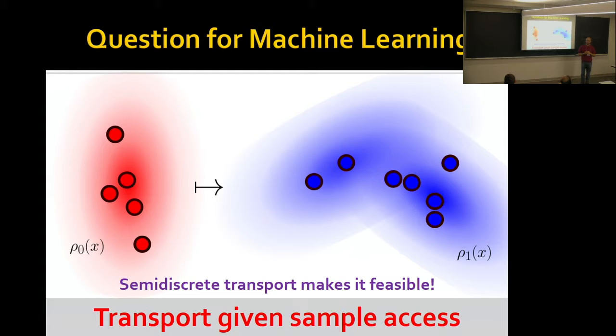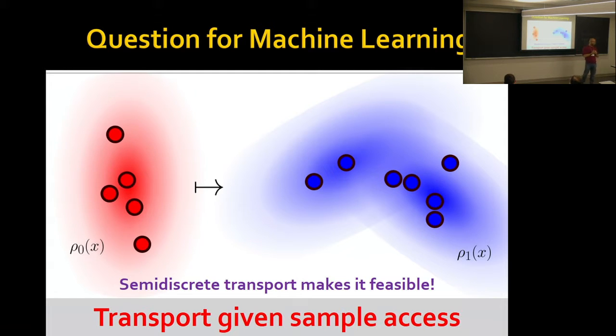So building on that basic observation, my students and I worked on some problems that are closer to the Bayesian style machine learning world, which says, okay, the transport problem I've given you so far, I keep using words like probability measure, but the variable is a matching between every point in the source measure and every point in the target, right? So it's not very probabilistic in nature. I need access to the entire probability distribution rather than just samples.